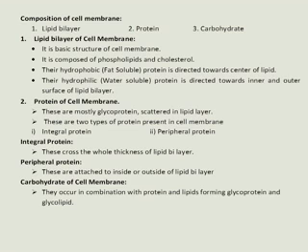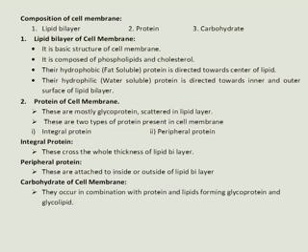Composition of cell membrane. It's made up of lipid bilayer, protein, and carbohydrates. The lipid bilayer is the basic structure of the cell membrane. It is composed of phospholipid and cholesterol. The hydrophobic, fat-soluble parts are directed towards the center of the lipid bilayer. The hydrophilic, water-soluble parts are directed towards the outer surface of the lipid bilayer.